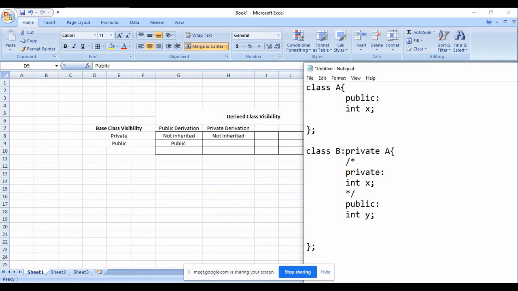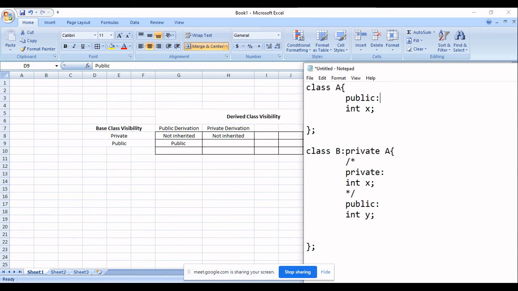So we can think of a scenario. Your father has some valuable item, say one expensive workstation, and he makes it public. He doesn't store it in a private locker. He says anyone can access it, I have no issue. And after a certain time, you inherit that and you inherit it privately.